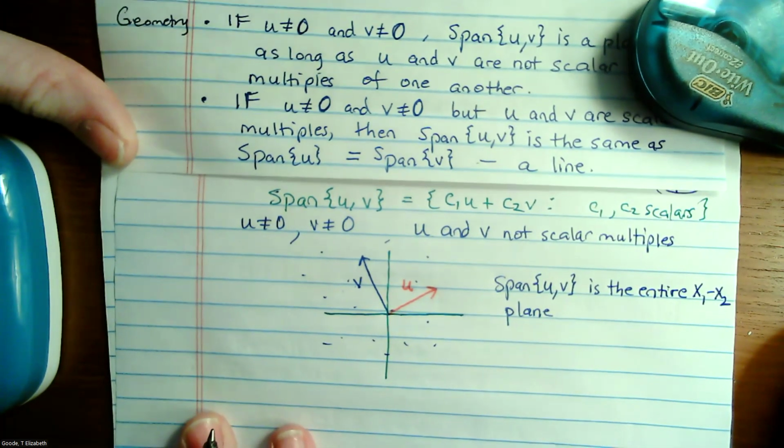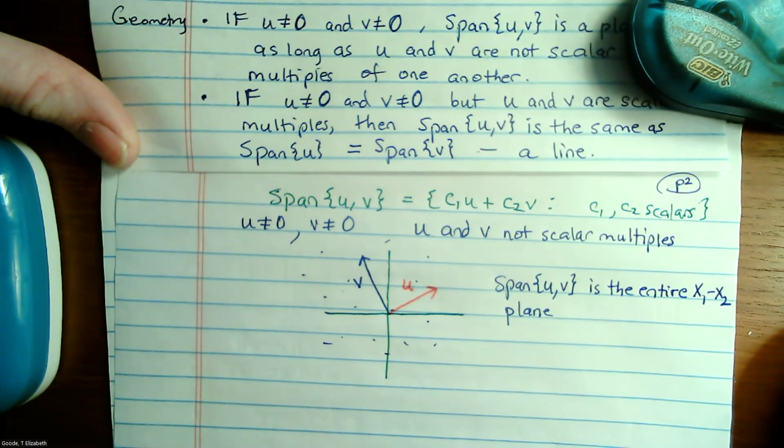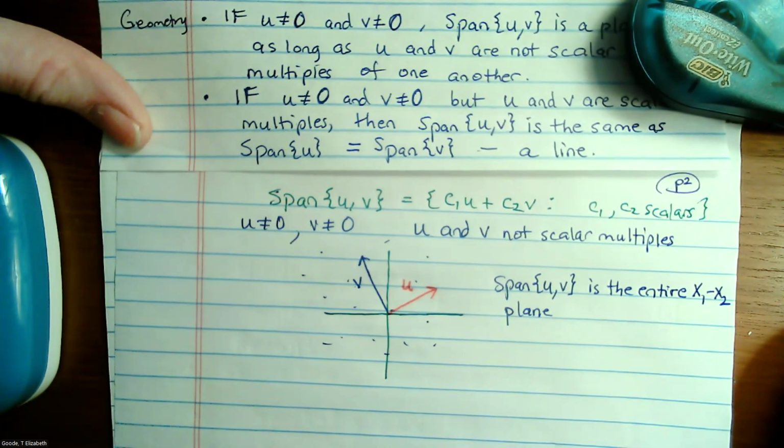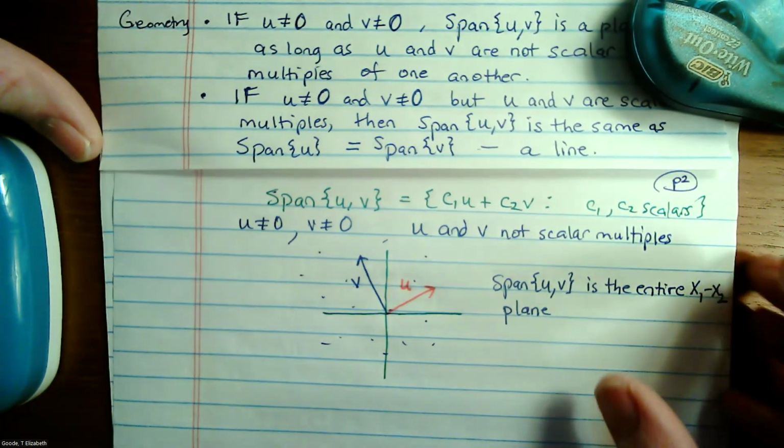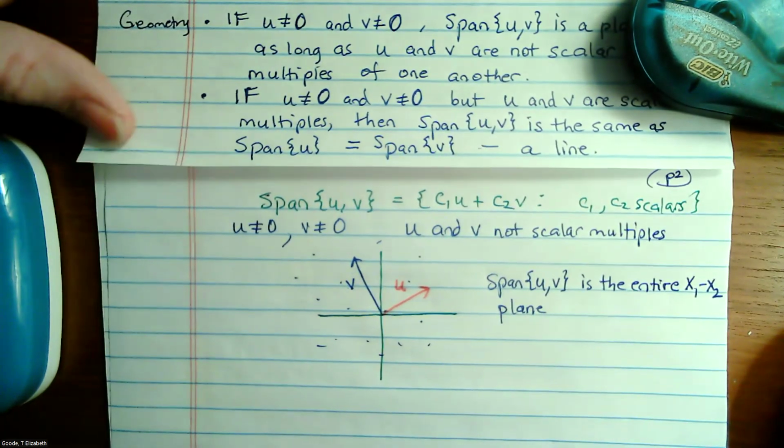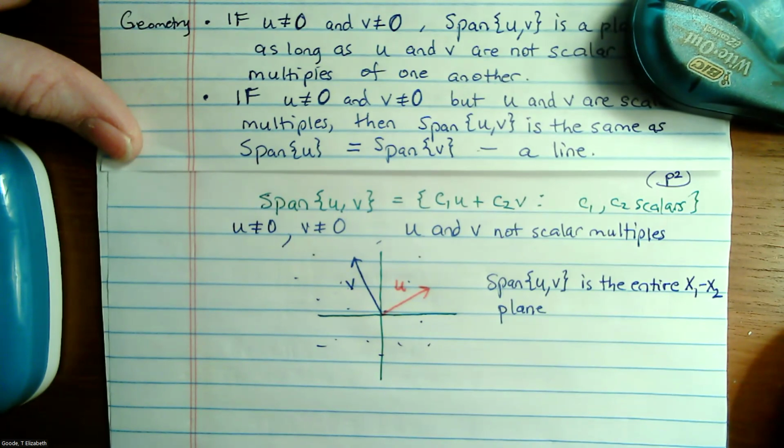And then this idea of span just gets bigger and bigger. The more vectors you have, the potentially higher dimensional space you can build. If you've got three vectors in three space that go off in three different directions, then you can build all of three space using those. So in general,